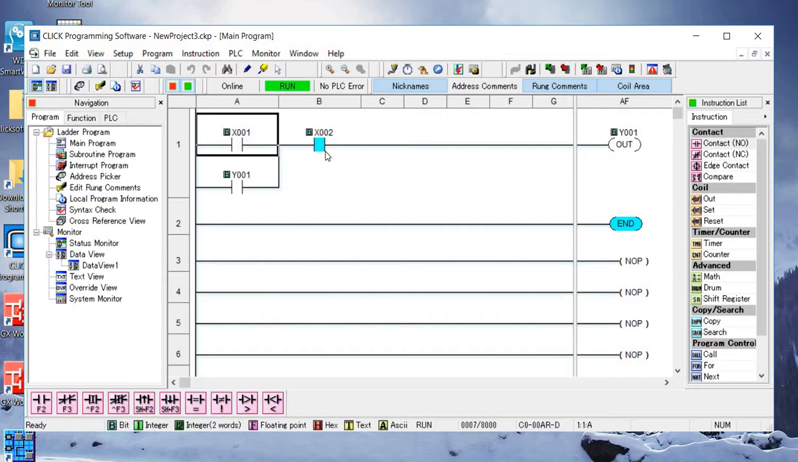Okay, that's it for option 3 as to how to connect up or use the startup window in the Click